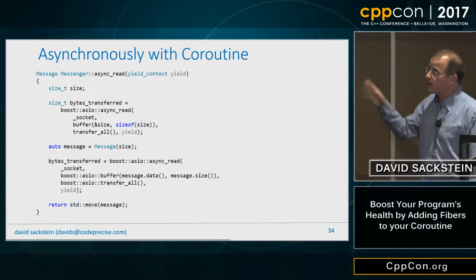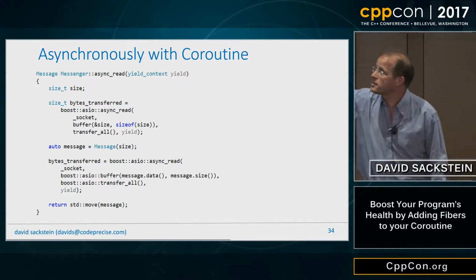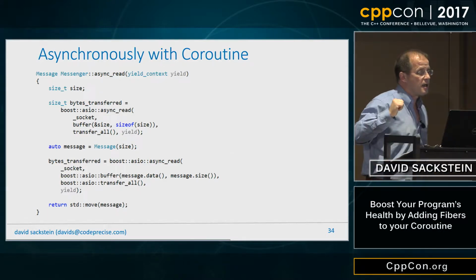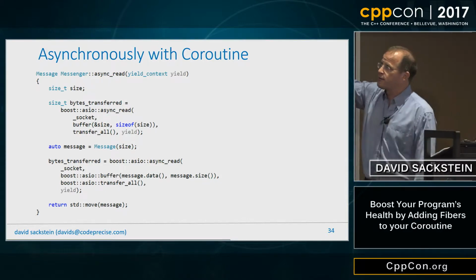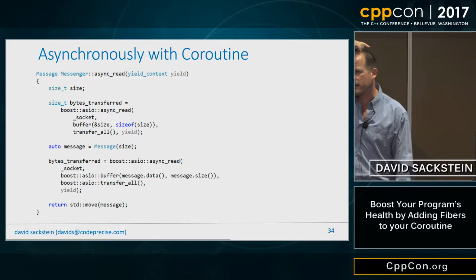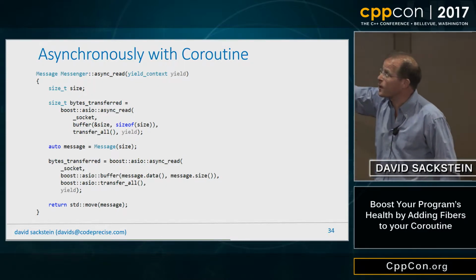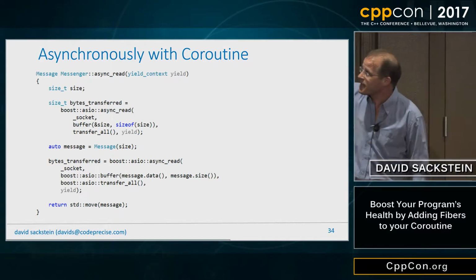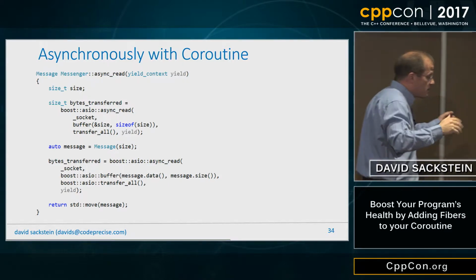That's the first part. The second part actually looks very much like the synchronous code. Here is an asynchronous implementation using coroutines, very much like the synchronous code. Who can spot the difference between this and synchronous code some slides back? There's the yielding callback, exactly. Well, actually, there are two differences. One is that I'm actually using async read as opposed to read. And the second is that the last parameter is a yield object. Now, what that means